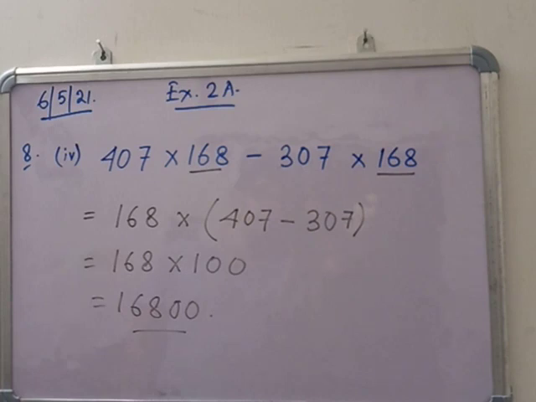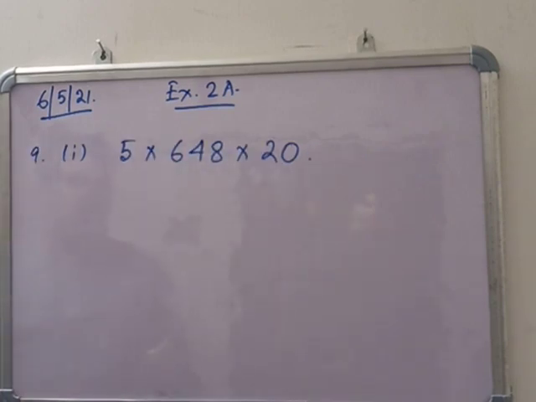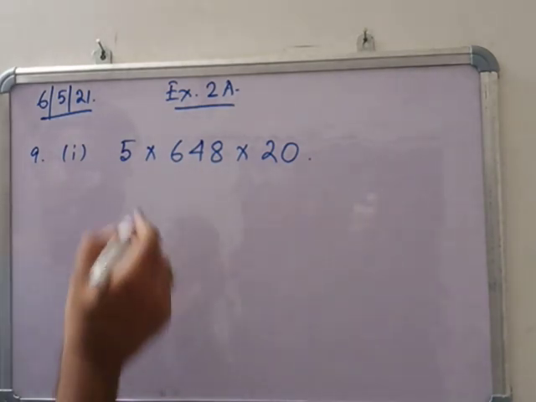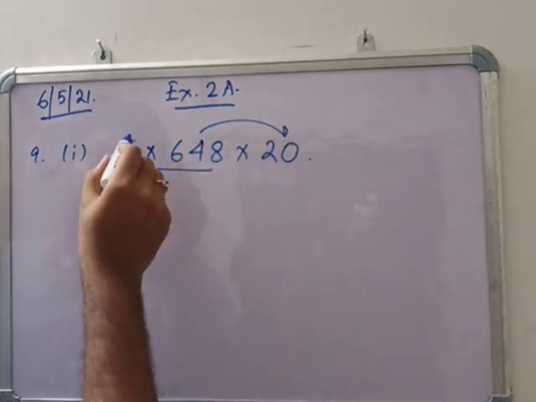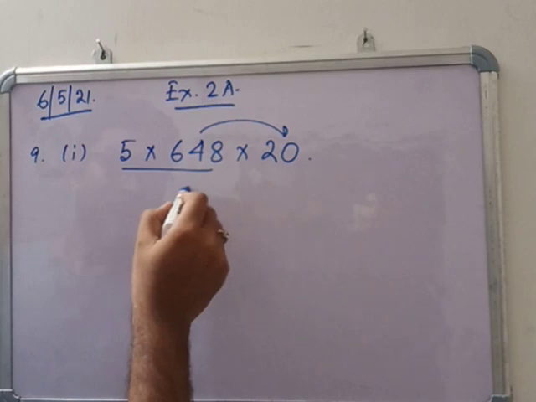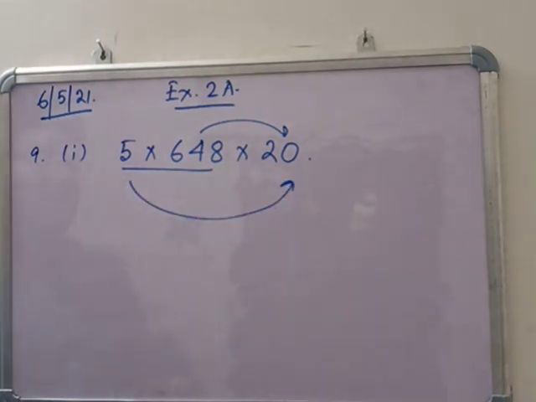Now the next one. This is a very interesting part in number 9. Using the most convenient grouping, find each of the following products. So you have to find the grouping. Suppose three numbers are given, you have to find the group first. We are multiplying this into this, or this into this, or this into this. Which one? You have to choose on your own. This is called grouping of the numbers.